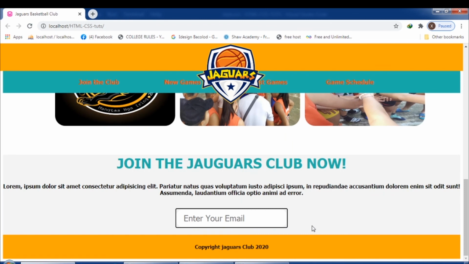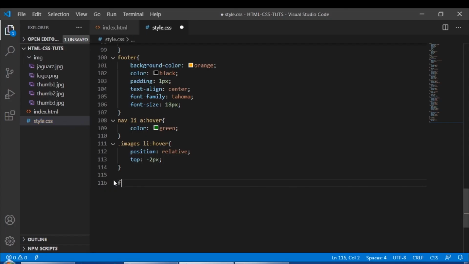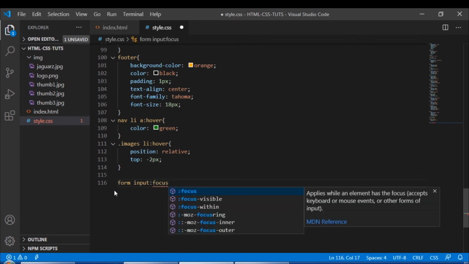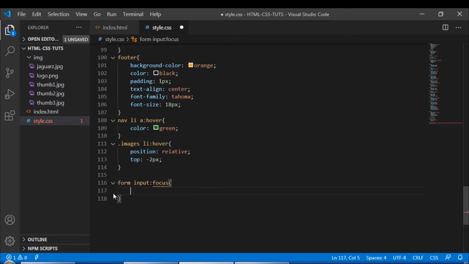Okay, so last thing, so we will create a design for this input. Okay, let's go back here. So for example form, and then it's gonna be targeting the input. Okay, so input, and do this, so pseudo and focus, and then let's create now a declaration.